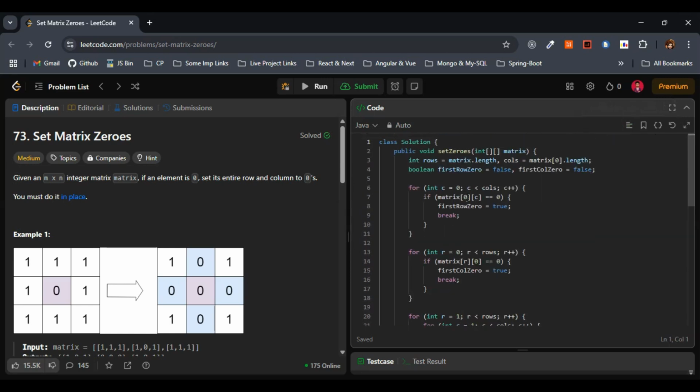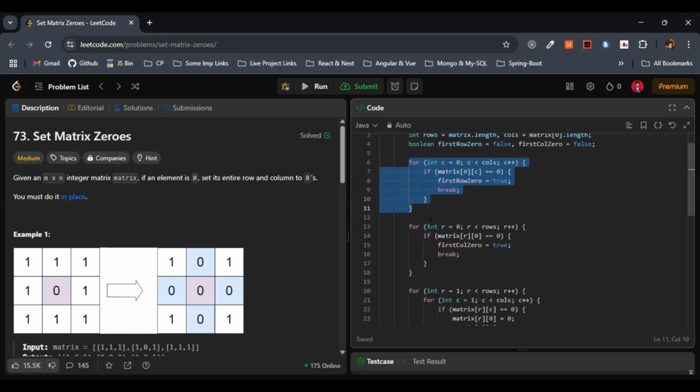So this first step goes with the initialization. The second step, in this case, what we did here, we are checking if the first row has any 0. Accordingly, with the approach we have gone step by step. This one from line number 6 to line number 11, we are checking if the first row has any 0. So from line number 13 to 18, what we are doing, we are checking if the first column has any 0,